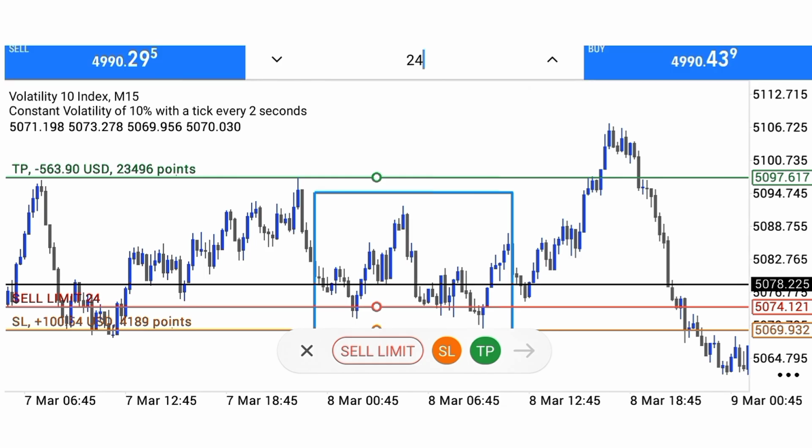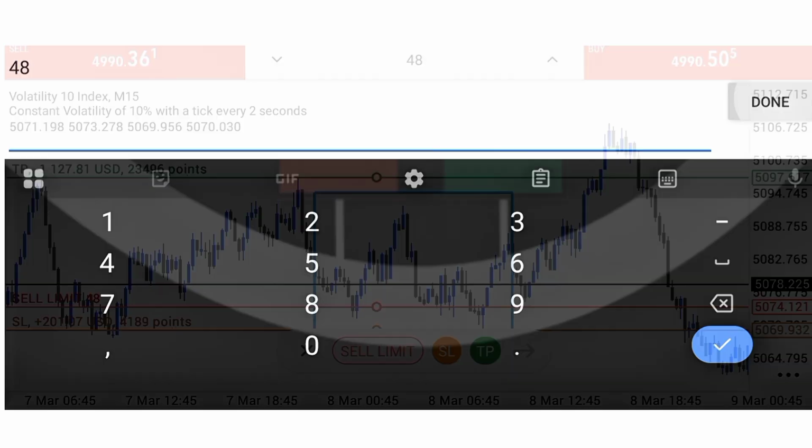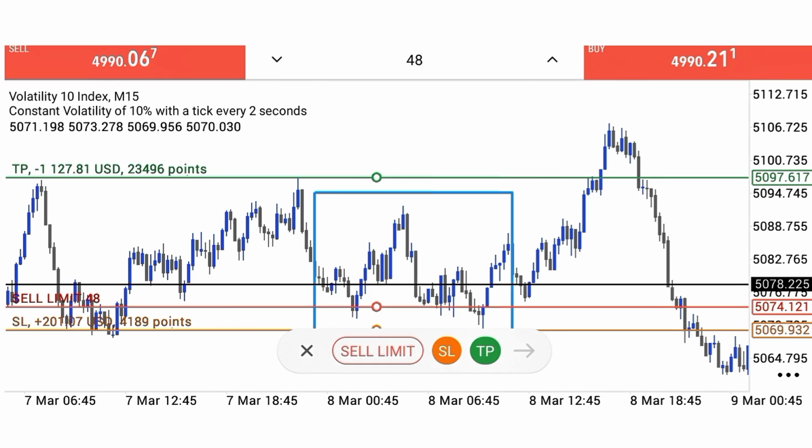Can you imagine that? Almost 6 times your risk. Can you imagine that? Oh my god. All right, let's imagine we are risking, let's say, $200 for this trade. 24 times 2, that is 48. So I'm risking $200 for this trade. I'll be making